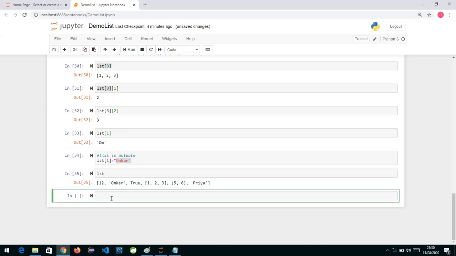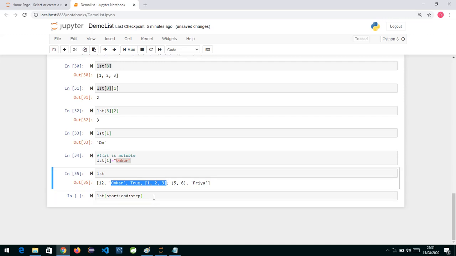Now, can we use slicing? Yes, slicing is also possible over here. Whenever we do slicing, we specify the start value, colon, the end value, and the step. Slicing is used on a list. If you want a sublist from a list, we go for slicing. Slicing means a part. So if I want data from the first element till this part, I want to get this sublist from the main list, then we can go for slicing.